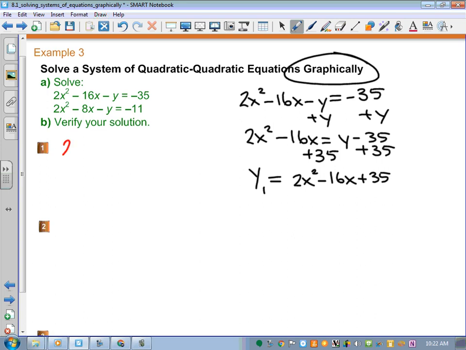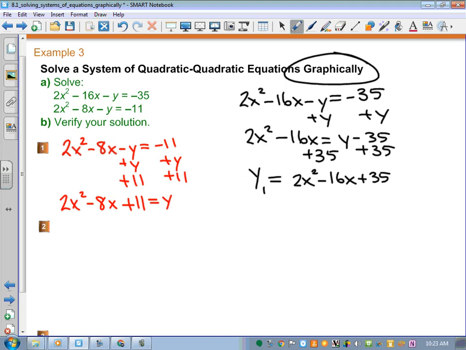for y. So 2x squared minus 8x minus y is negative 11. I'm going to add the y, and we'll do this one in one step. I'm going to add the 11 at the same time. And I end up with 2x squared minus 8x plus 11 is equal to y, and that's going to be my y2. Now, this is certainly a friendlier way of presenting the systems of equations, especially when we get to